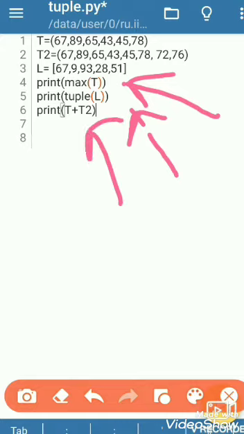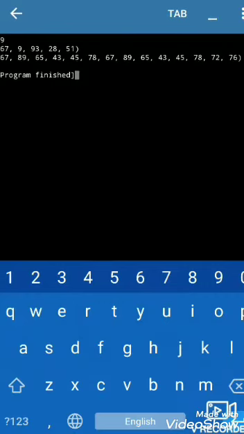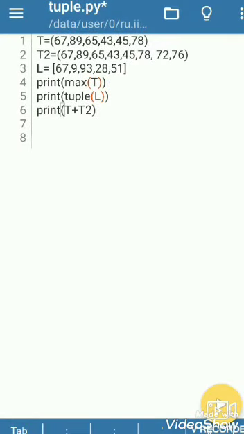So we get three printouts: first is 89, second the list converted into a tuple, and third the two tuples added. Now let's again come here and do some more.